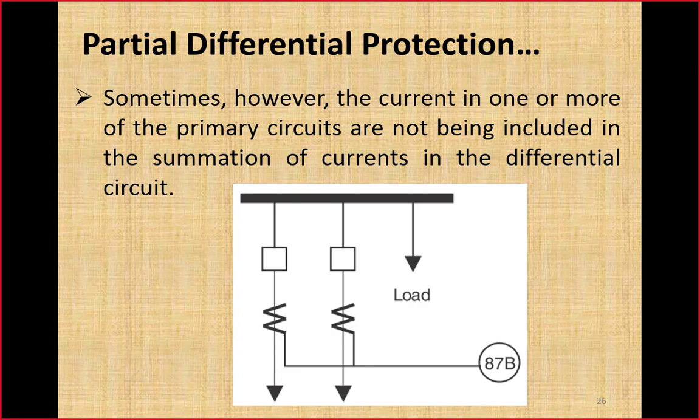So we can compare in this manner. For example, local demand could be 100 kVA or 200 kVA, but the power carried by these transmission lines can be 100 MVA. So that will become just 0.1% of the total load. 100 kVA with respect to 100 MVA, there is a difference of 1000 times. So 100 kVA is negligible compared to 100 MVA. Even 1 MVA could be the losses in a 100 MVA transformer, so that is a 99% efficient transformer. That makes this load negligible, so no need to include it in the differential. That makes it partial differential protection.